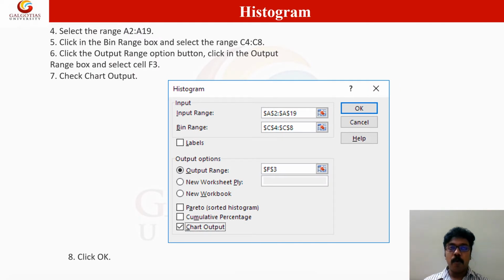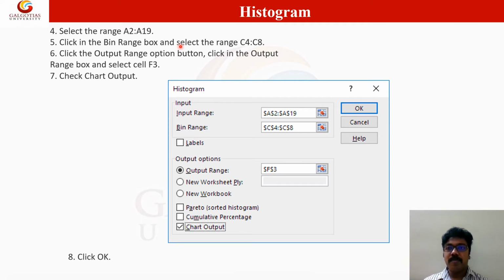After clicking OK, by selecting histogram in the data analysis tool, you have to mention some values. You have to give the input range and other data here, that is step 4. So you have to select the range A2 to A19, as you have seen in the data from the first slide.